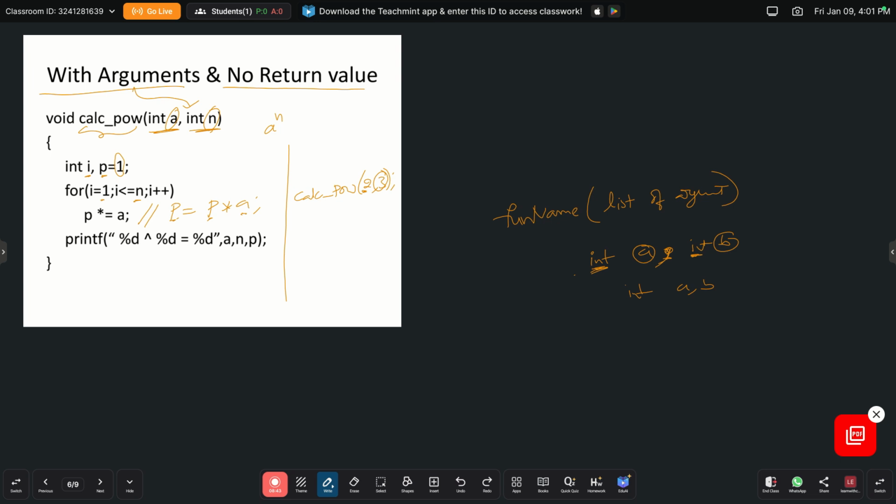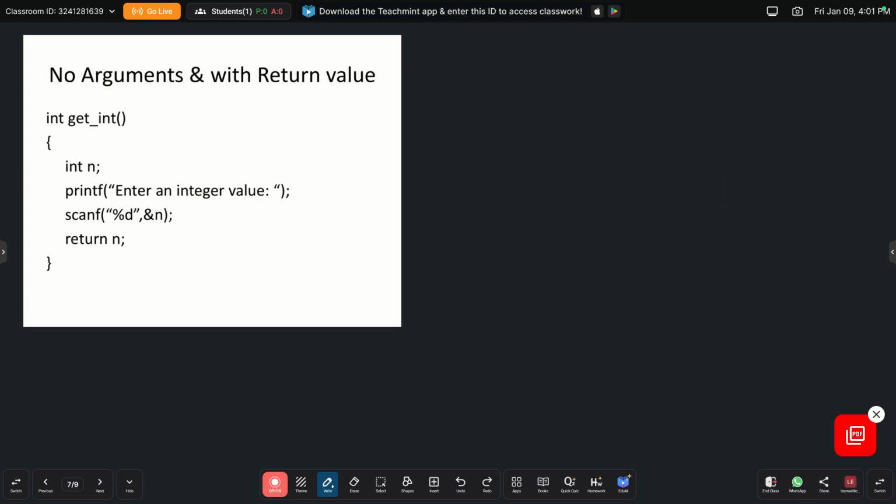Now what are we displaying? The output of this statement is 2 power 3 equals 8. This will be the output of this function if you call it with calc power of 2 comma 3. Now it is taking the arguments and it is not returning a value. Coming to the next one,